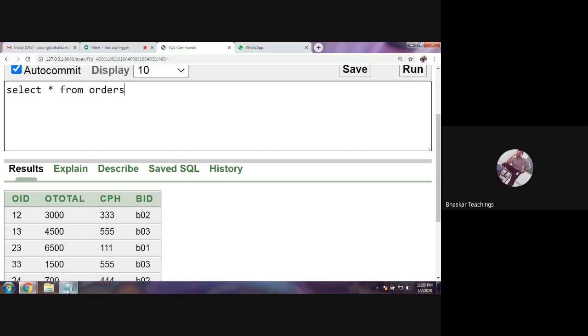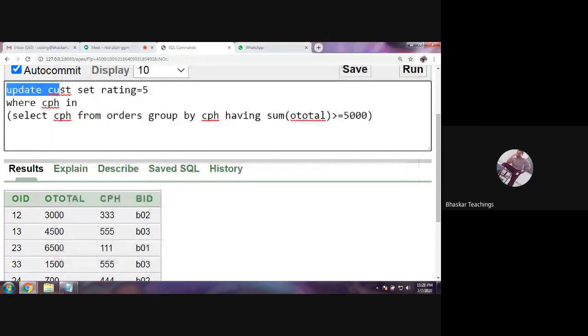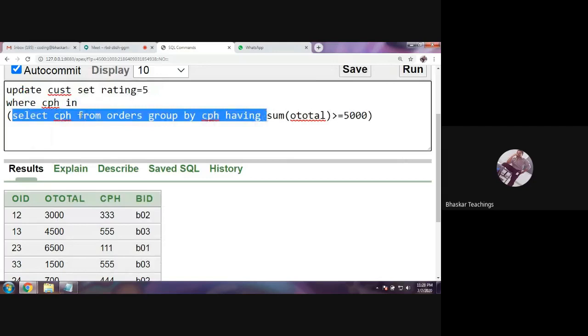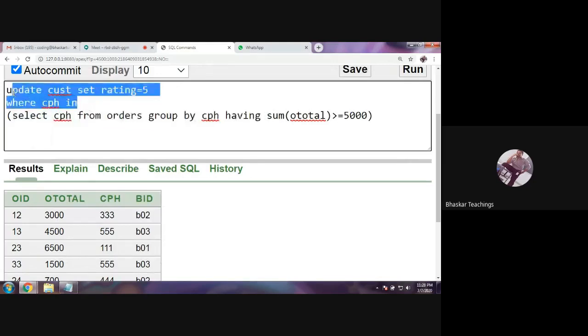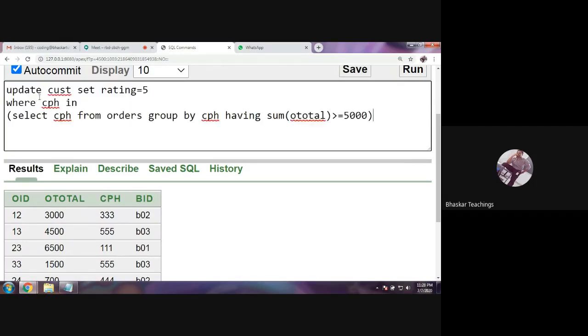Okay, so this is how you perform an update operation with a subquery. You can see the command. This is my update operation for the records retrieved by the inner query. Previously it was a select operation, that is a data retrieving operation, but now it is an update operation, right? So previously we used to have a select operation here.